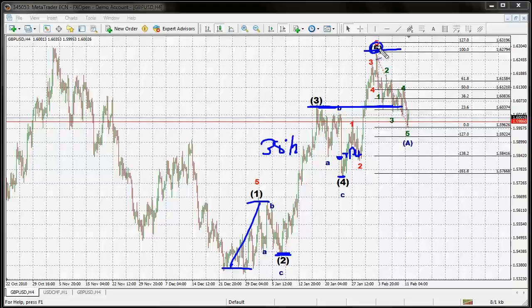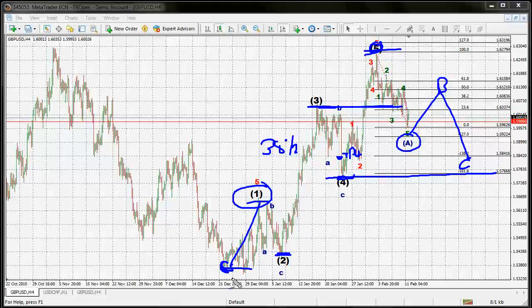And then from wave 5 you just calculate 61.8% from here to there to get wave A. Once you've found these two, you calculate 38.2% to find wave B. Then once you've found wave B, you want to come down and look at wave 4, and wave C will be around about where wave 4 ends up. Then you can calculate that, and from where wave C is, wave 1 will then begin. So this area here could actually be wave C, that could have been wave B, that could have been wave A, and this could have been wave